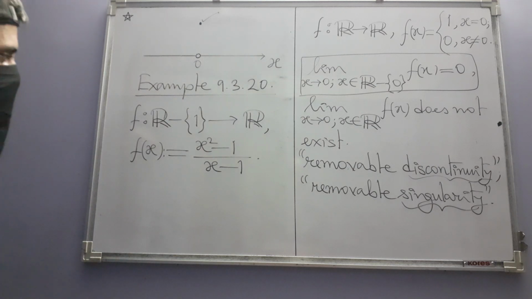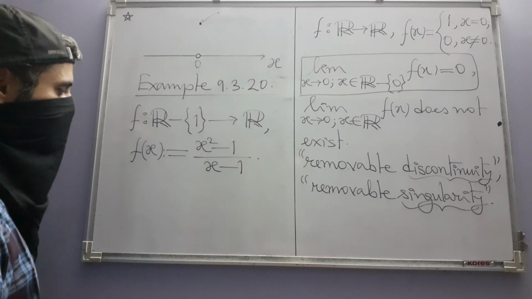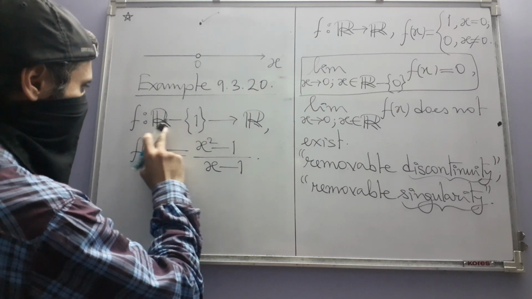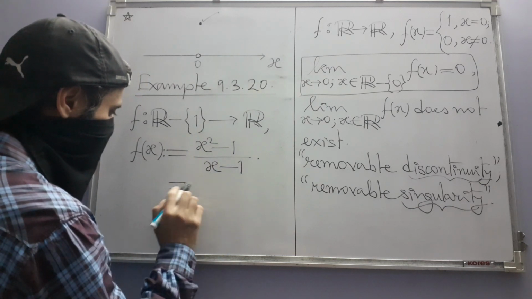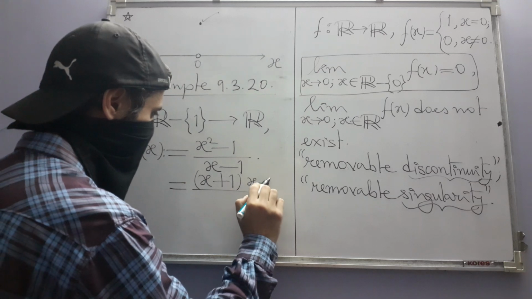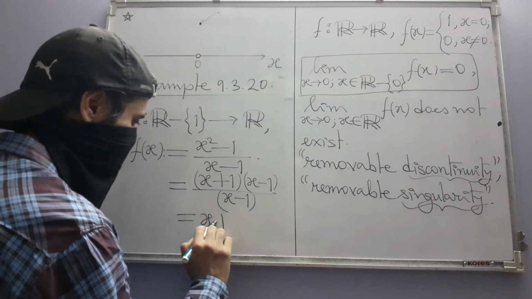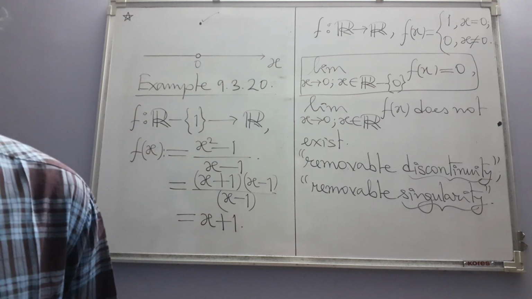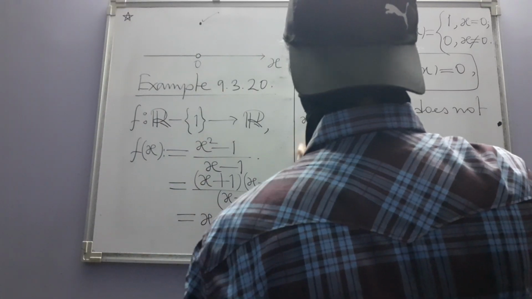The function is well defined because that one point which could create a problem is not there in the domain. So you can see that because of that, for every value of x in this domain, x minus 1 is a non-zero real number. And you know from elementary algebra that the numerator of this expression factorizes like this. And so after cancellation you have this. So really the function is just this, and which is why one can now find its limit at 1.